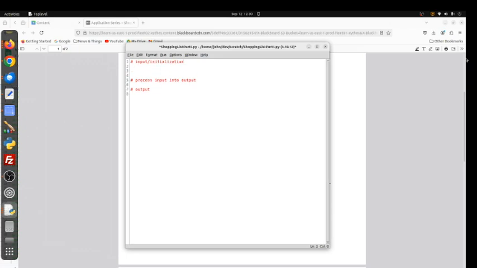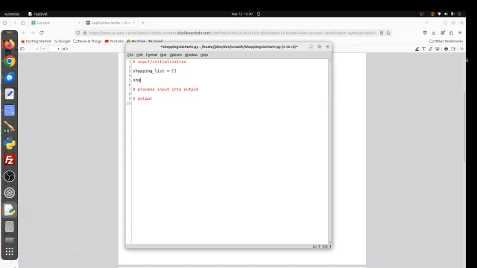Okay, so let's now create our shopping list as an empty list. And then we're going to populate our list with, it's generally good to type all this stuff out if you're learning a program, because the more repetition the better. Milk, I believe, eggs, and